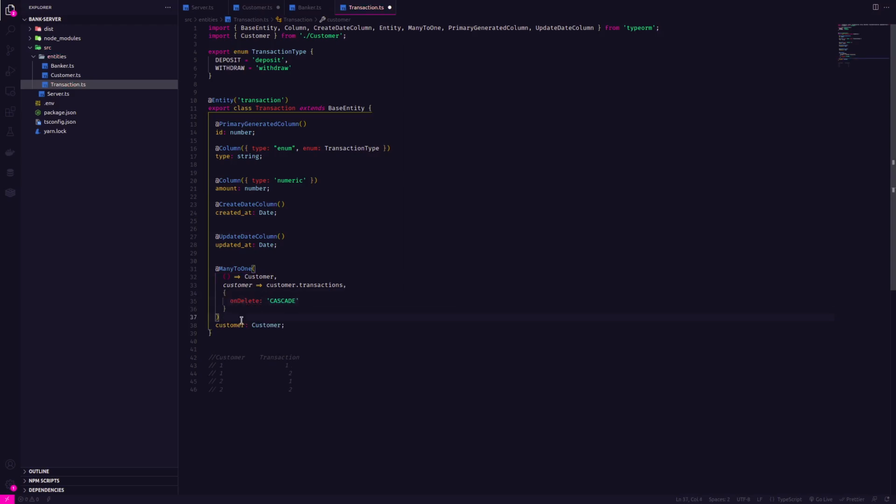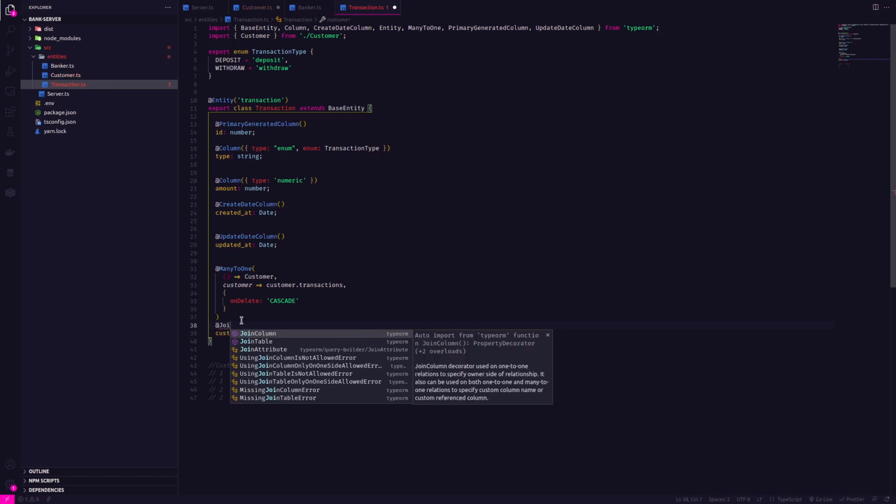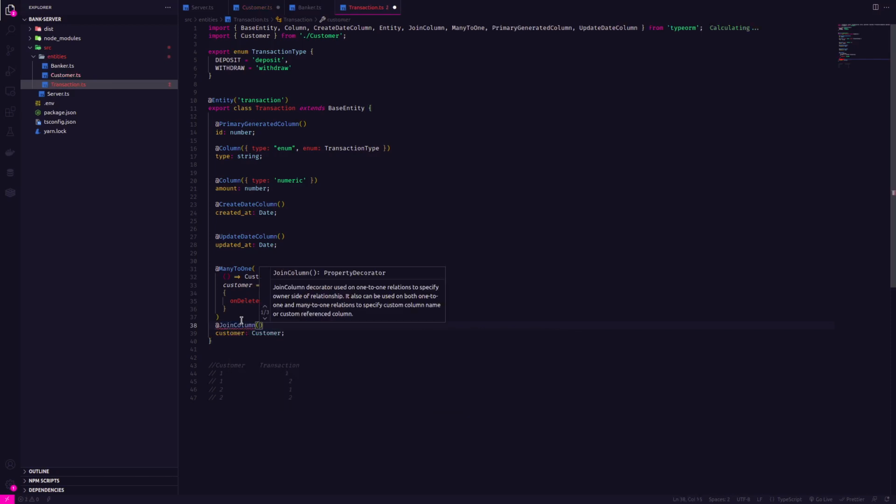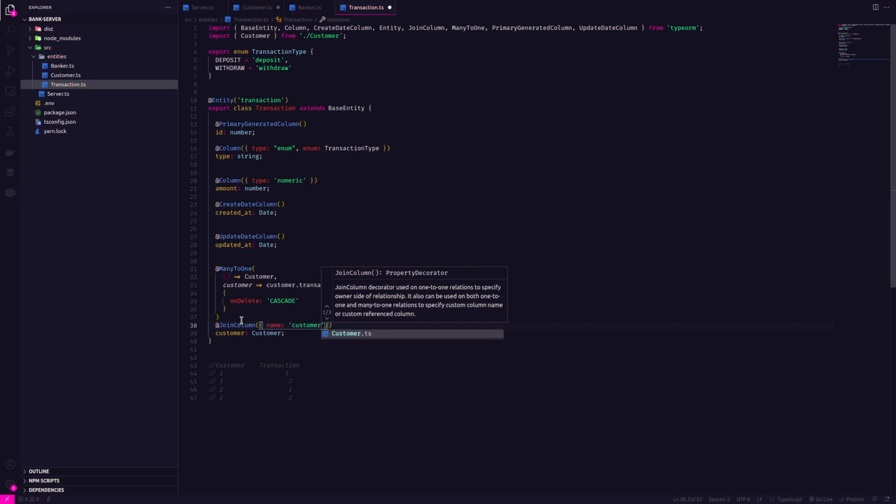And the other one, we are using the join column. The name of the join column, we put the ID, customer ID. Okay,